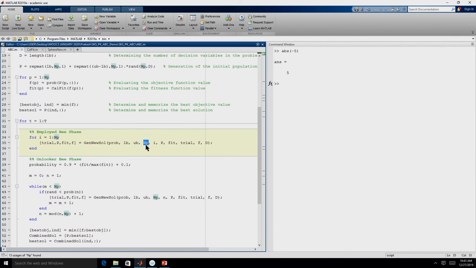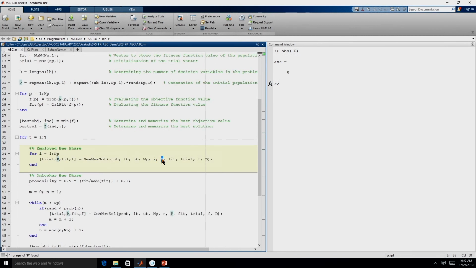We need to send the population size, because using the population size we will be randomly selecting a member from the population. I is the current member which is undergoing the employed bee phase. So, we need to provide the value of I, right. P is the population or the food sources. So, from P we will have to extract I, which may get modified, and we will also have to select a partner from this P, right.